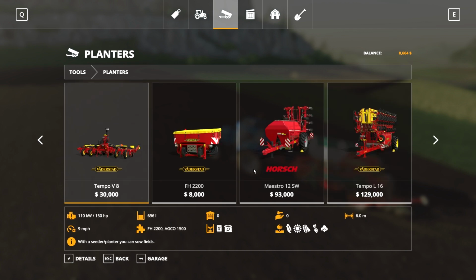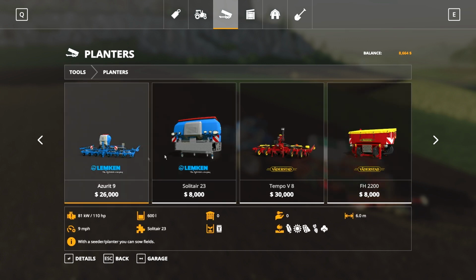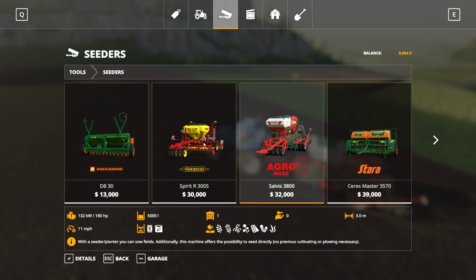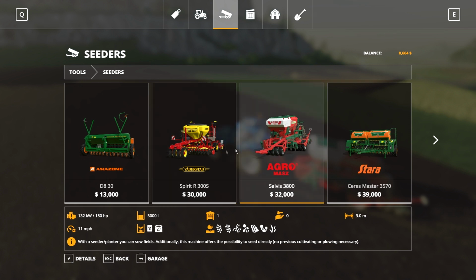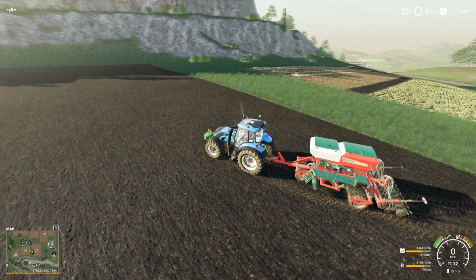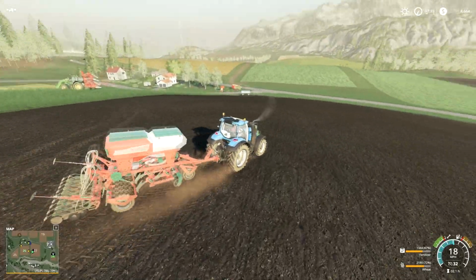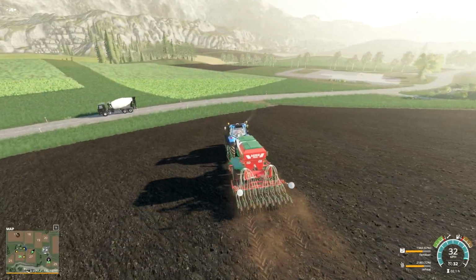So I have, which one did I buy? Cedars. I bought this one. And I should have bought this one. Oh, I still can. So if I sell it for 25, I just can't drive this thing. It just takes my tractor. So let's take it to the shop. Let's just do it. I'm going to get so frustrated if the sower can't turn. That's the other problem. Gosh,